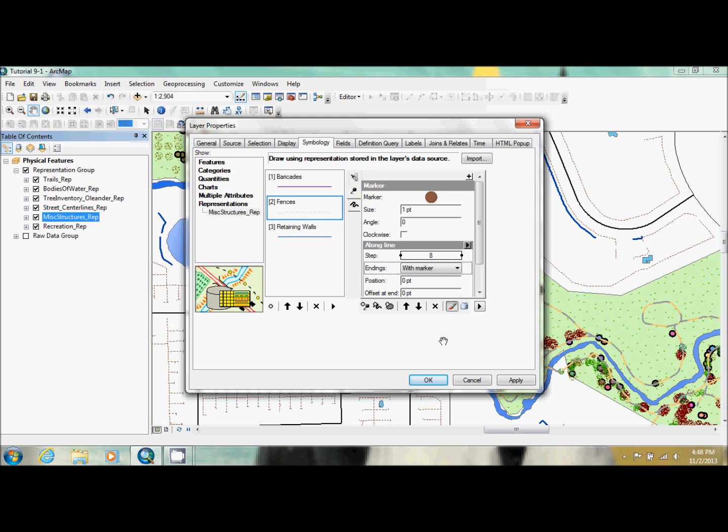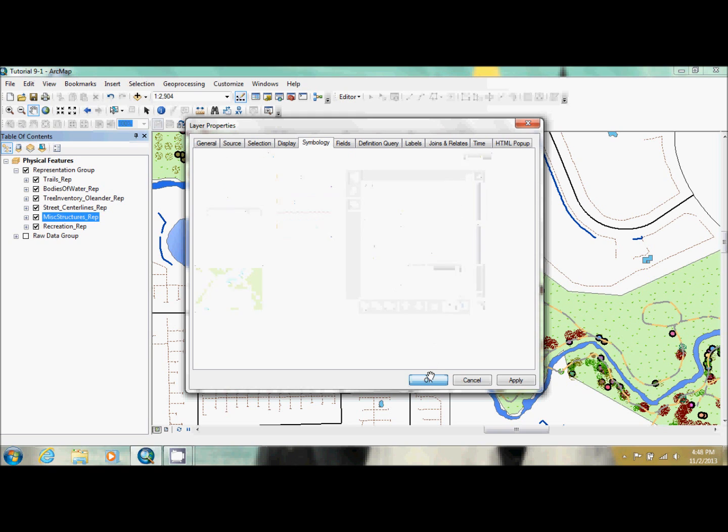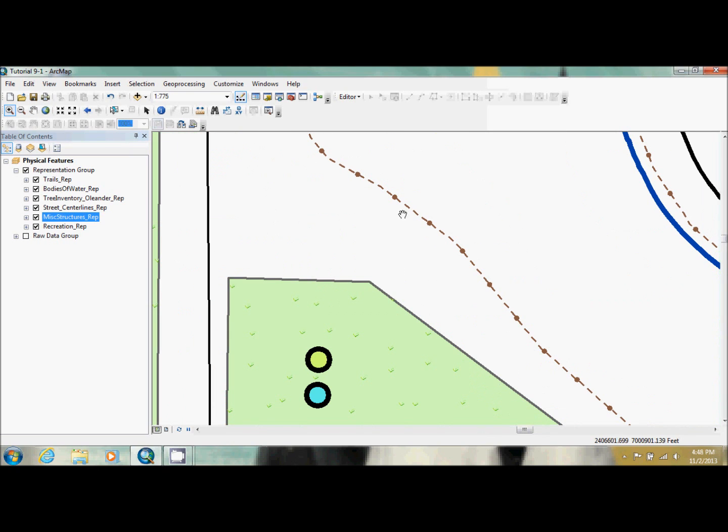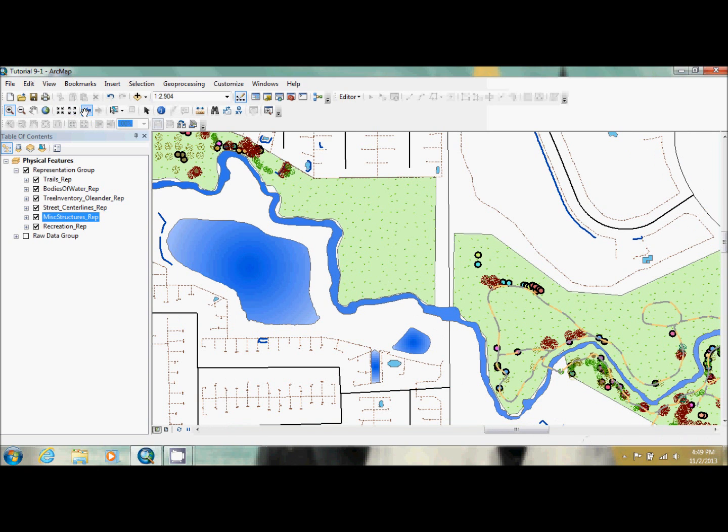And then click OK. And what it did is, you can't really see it that well this zoomed out. If we zoom in a little bit better, it placed little circles that look like posts along the fence. Now we're going to be